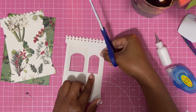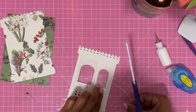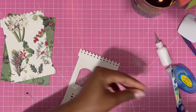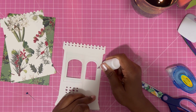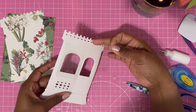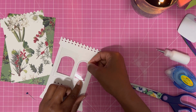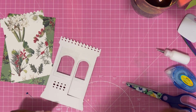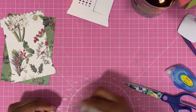See what I'm doing? I'm just eyeballing it. And yeah, almost have it a little too small, so be careful with that. And I'm just going to put some glue around the little section of the window of the door, and that's it. So then I got one shot at this to get this right without getting all this glue on it. Okay, perfect. All right, so I'm going to lay that to the side for now to dry,